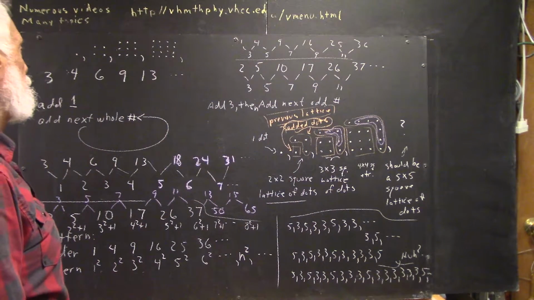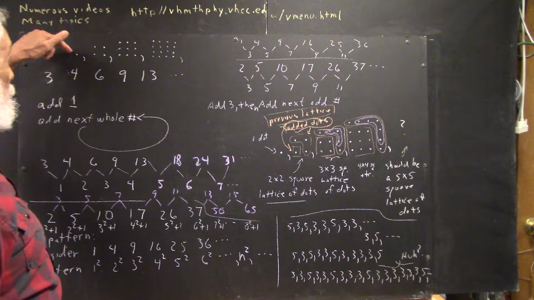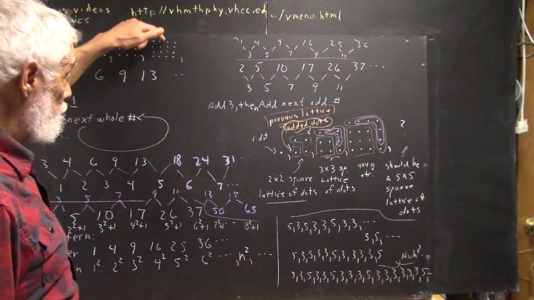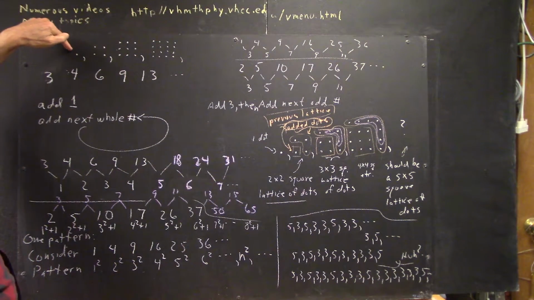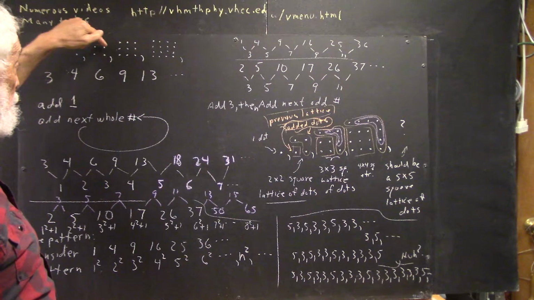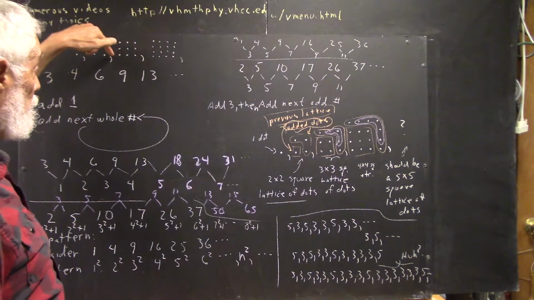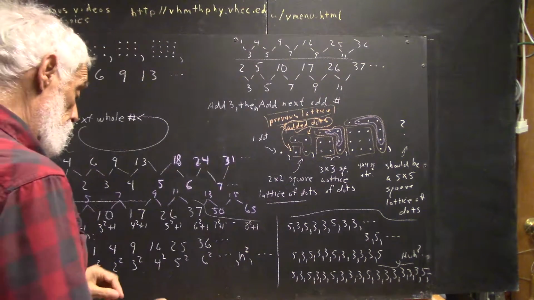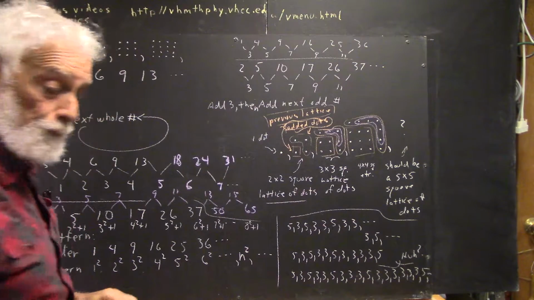Okay, well then I represented 4 square lattices. Of course, the first lattice you can't tell is a square because it's only one dot. Could be anything, but when you get to the second pattern, you see I put those into a square, and then these into a square, and these into a square. Okay? Now,